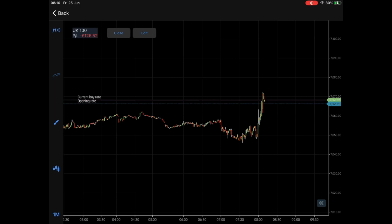When people ask me, are you looking for a new strategy? Are you looking for new patterns? Well, no. I don't need to look for another strategy. I don't need to look for other patterns, because this nets me a very, very good win rate. So I'm happy with the patterns. I'm happy with the strategy. I'm not going to change it anytime soon. I've absolutely no need to change it. It works. The strategy works, and it's